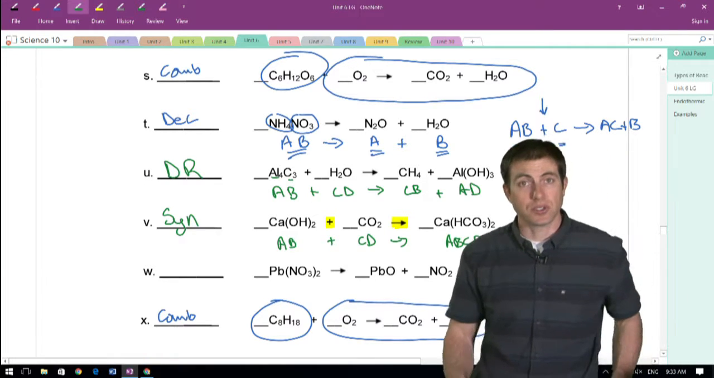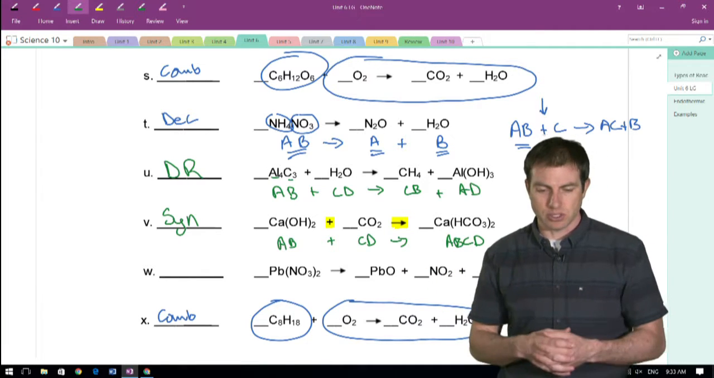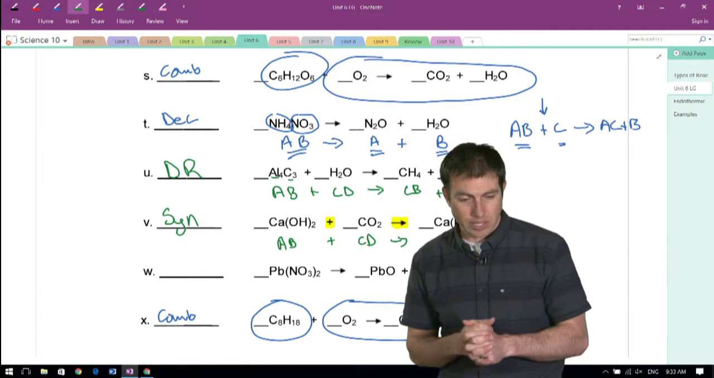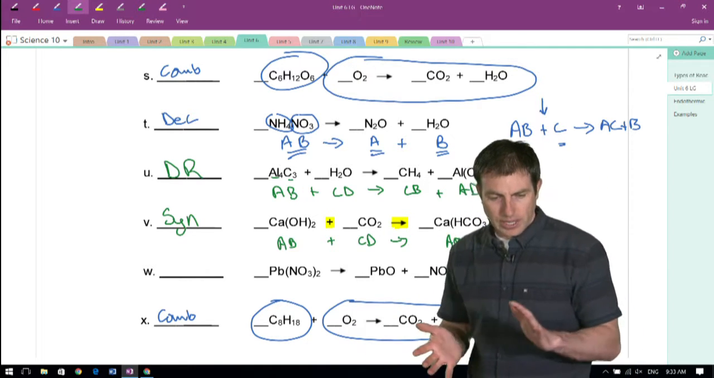Yeah, it's synthesis. So you're starting with two things, they're combining together to produce one. I start with two, end with one. That's kind of the general idea behind a synthesis reaction. Letter W. All right, I have